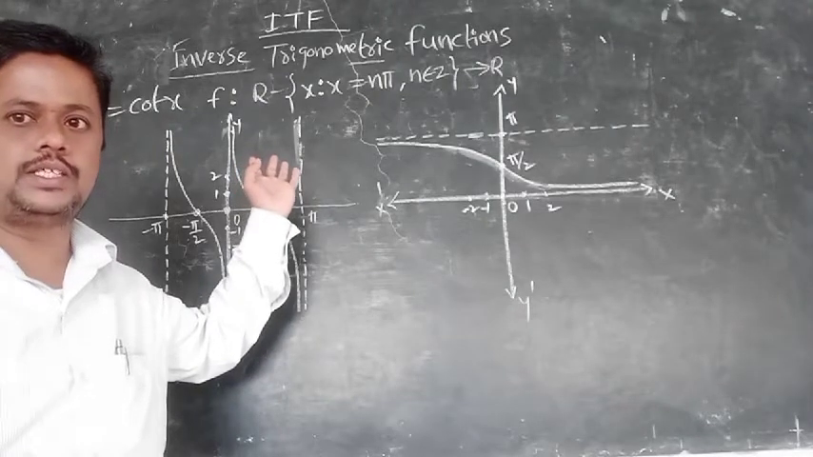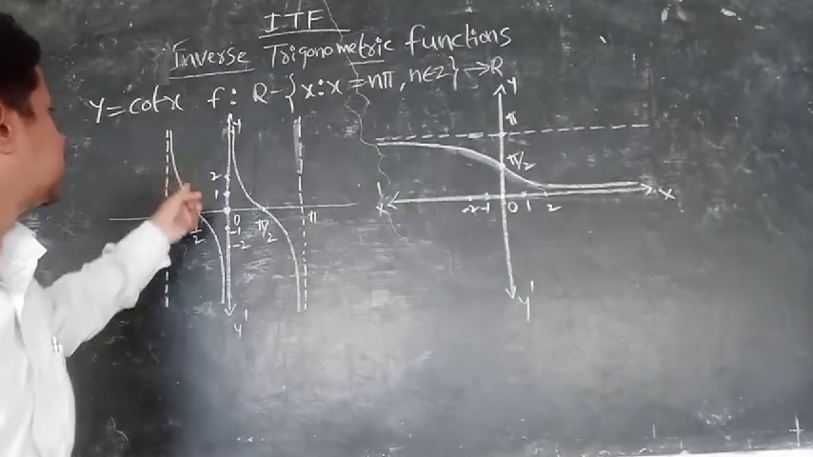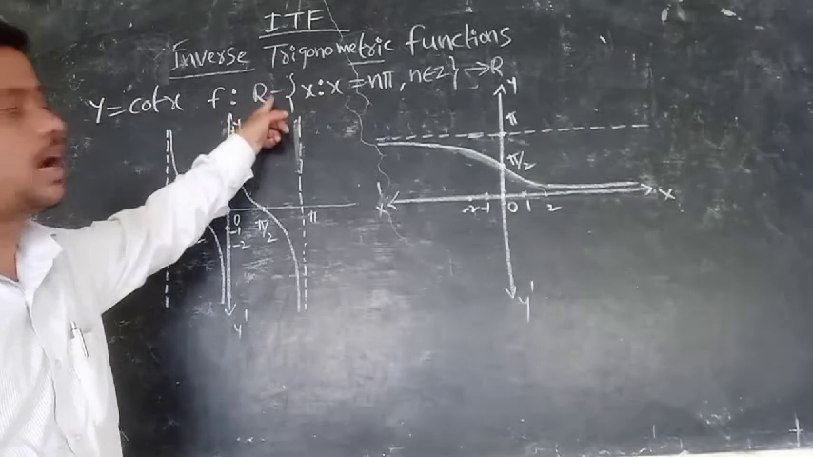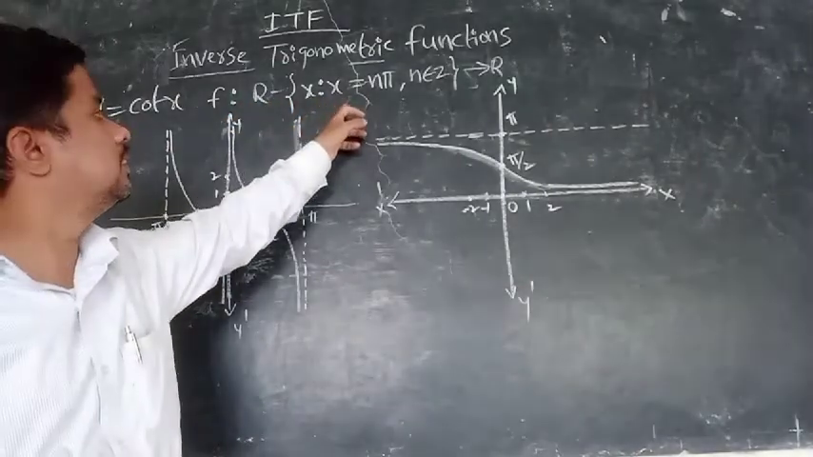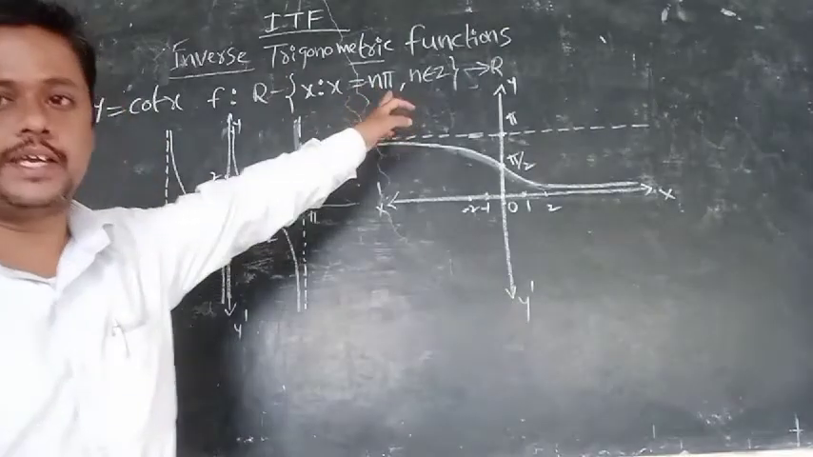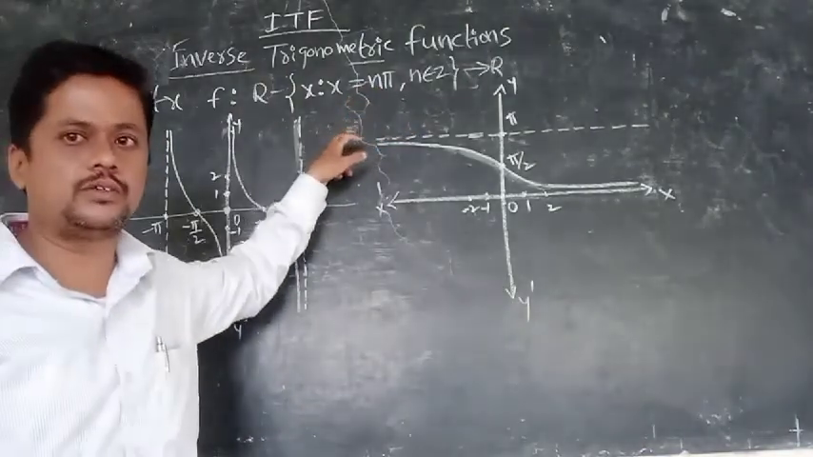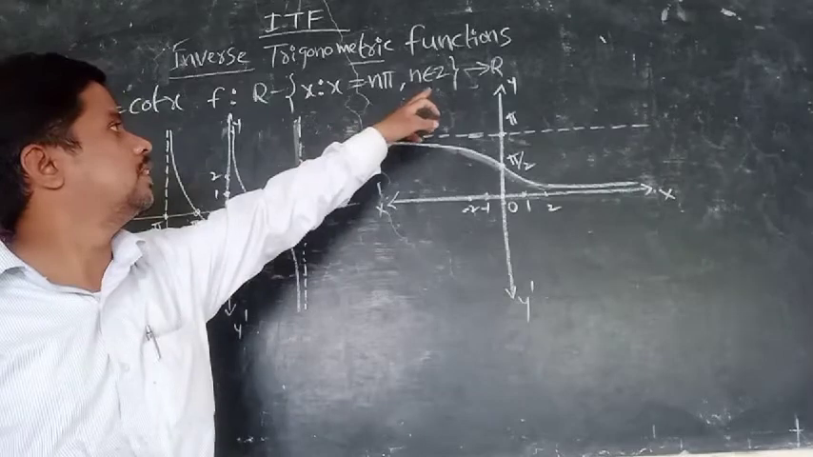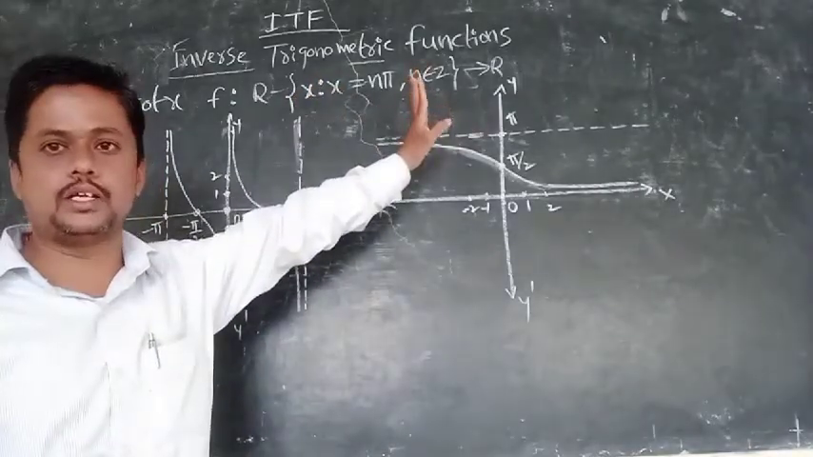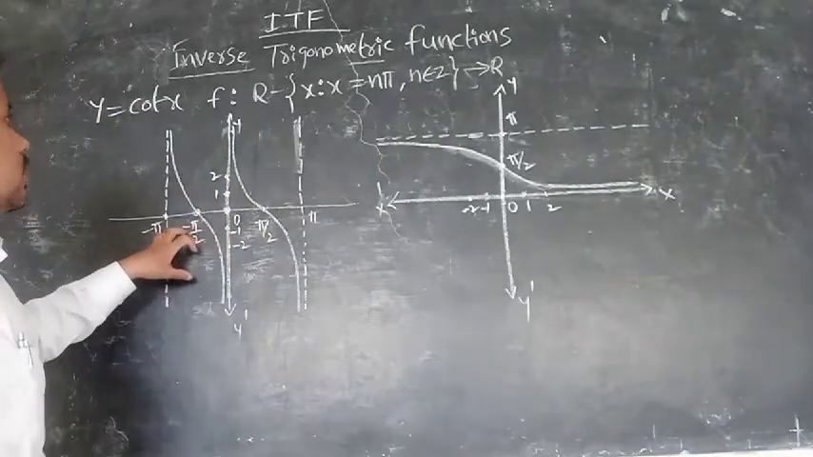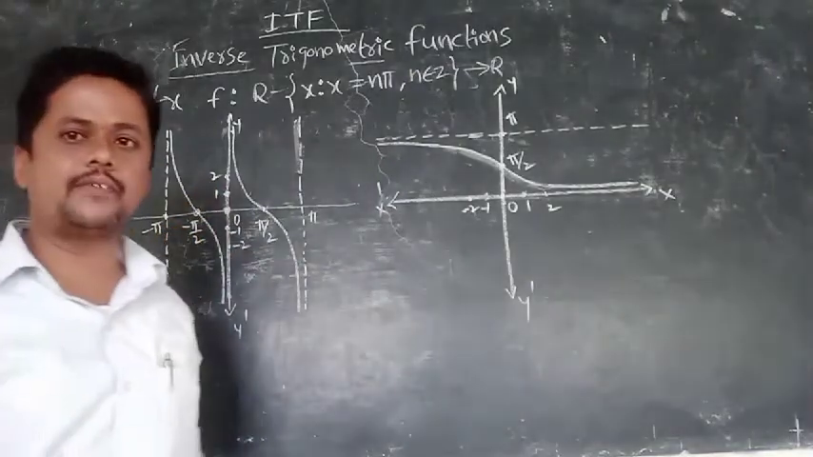Now we will discuss the cot x and cot inverse x functions. See, this is the cot x function. Cot x is defined from R minus n pi, where n belongs to Z, to R. This is the domain, that is the range, codomain. Here, this is the graph. If you observe the cot x values,